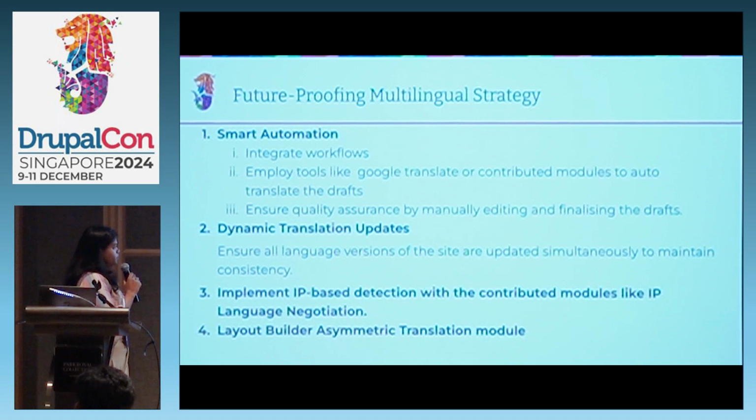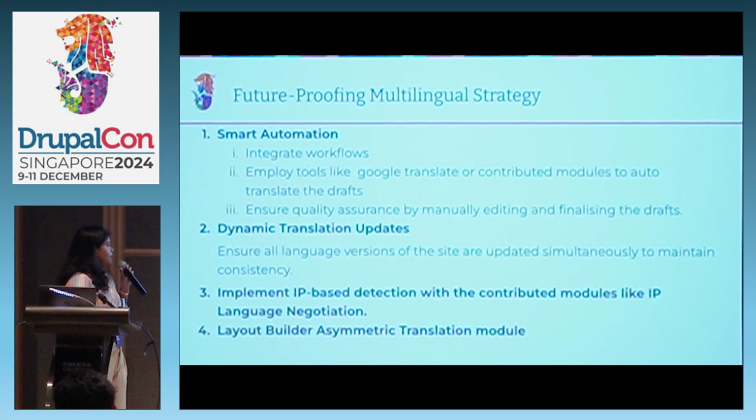And the third point is we can implement IP-based detection with the help of the IP language negotiation, and there are other modules as well. So with this we can more accurately get to know where the user is trying to access the website from, and with the previous steps that we saw in the SEO slide, those factors can enable the correct language